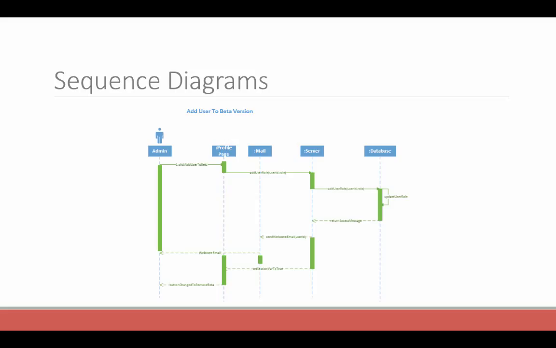Next one is add user to beta version. The admin that is on the profile page of a specific user clicks on the add user beta button. After that, the profile page sends a request to the server to add that role to that user. The server sends the request to the database, which updates the user role of that specific user and returns a success